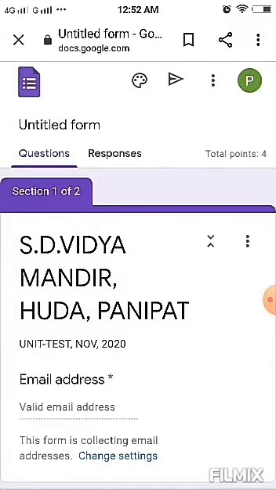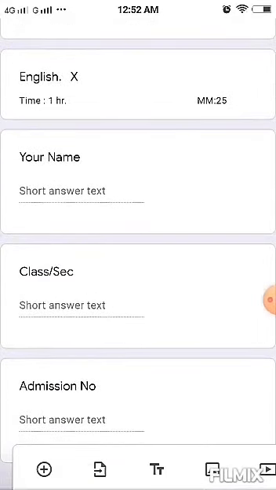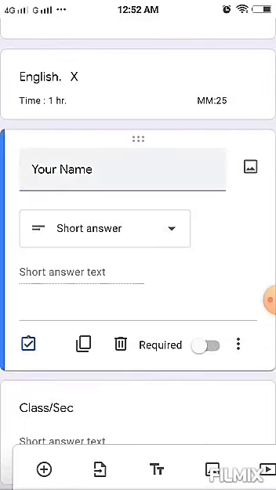Now I have made my question here. Next very important thing is, if I want to make changes in my question, click on that particular question. Let's see the very first question, your name. Click over it. You can see required written here. Click on the required button. It means I want to make this question compulsory for the student. If the student does not give an answer to this question, he will not be able to move ahead to the next question.